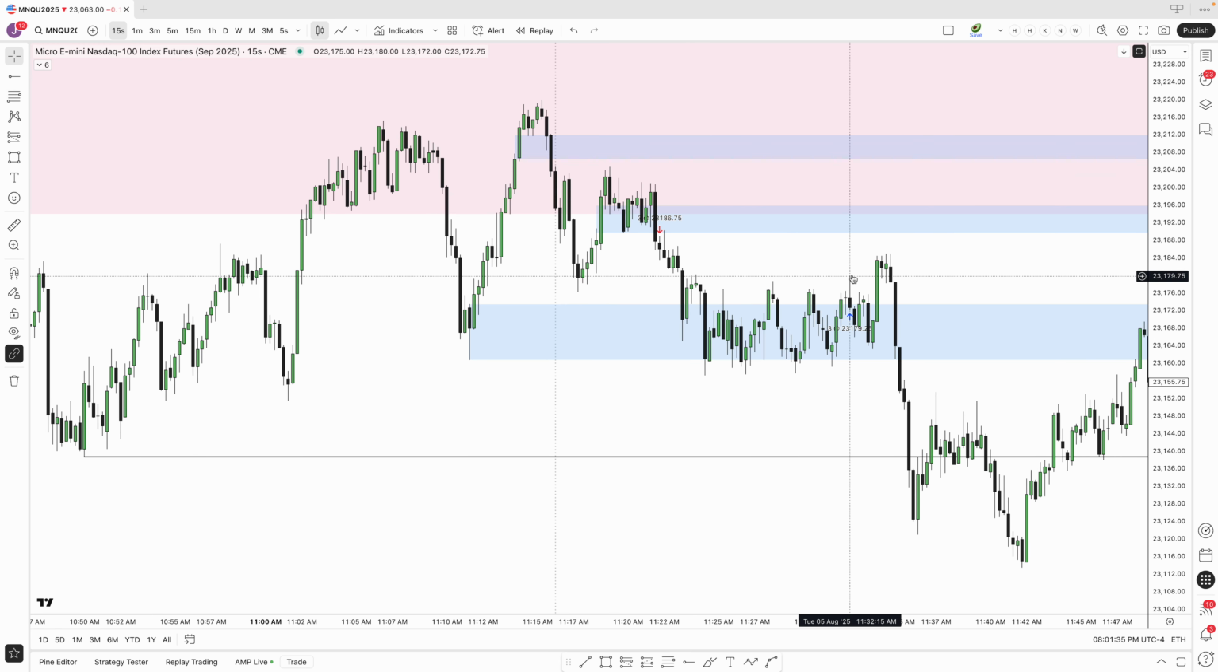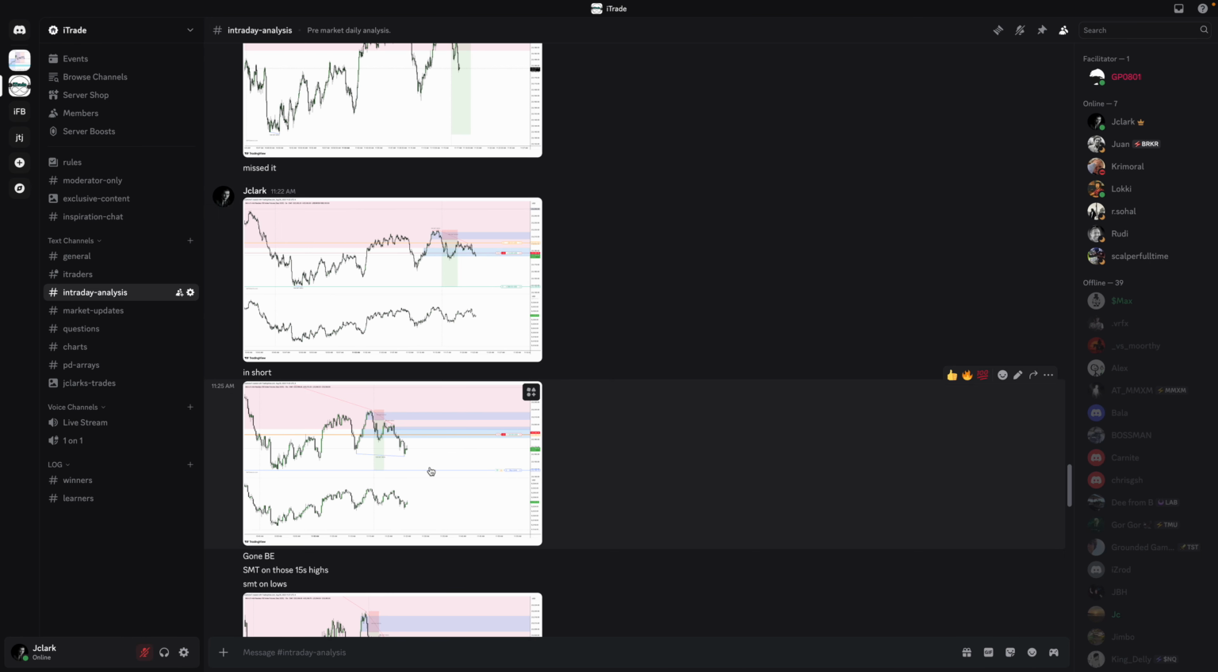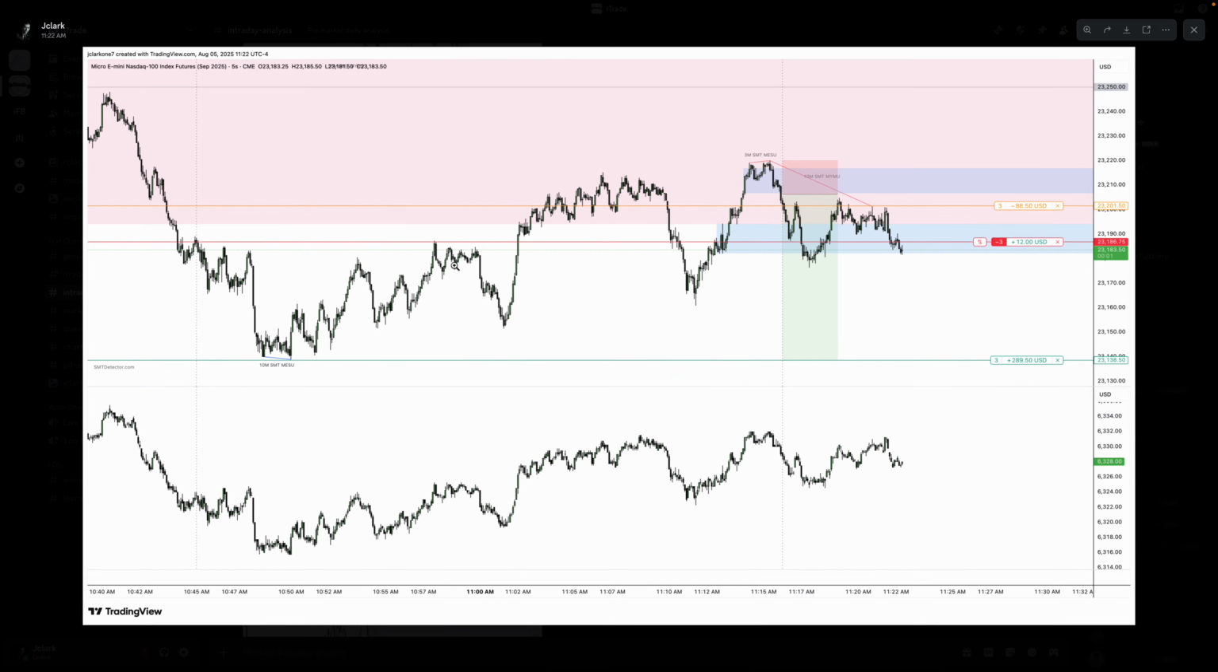So what ended up happening, I get stopped out, it runs higher, it closes lower down below this PD array, and then just tanks down to the target. So, I got out at 11:32, it hit the target at 11:35. So 3 minutes cost me however much money that would have been, a couple $100, $300 or so. Not a big deal, but